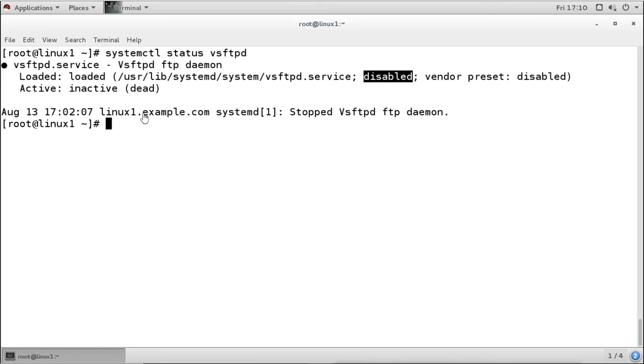Here you can see it says loaded, which means the configurations and the library files are loaded properly. But right now it is not running, it is inactive, dead. Now if I want to start the FTP server, I will just start the service. For starting the service, I will run the command systemctl start vsftpd.service,